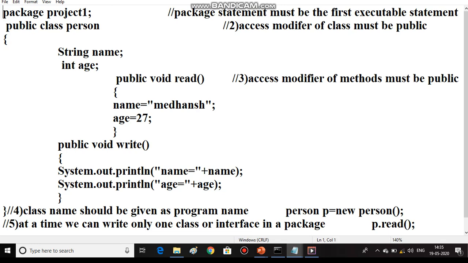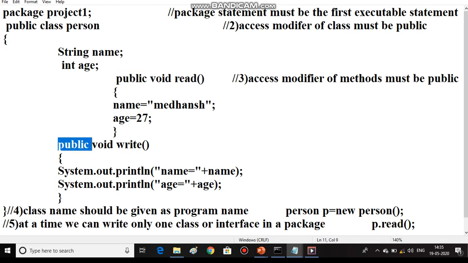And if you want to place any class in a package, then the access specifier of that class should be public. Here if you observe, the access specifier of the Person class is public. The access specifier of read is also public and the access specifier of write is also public.